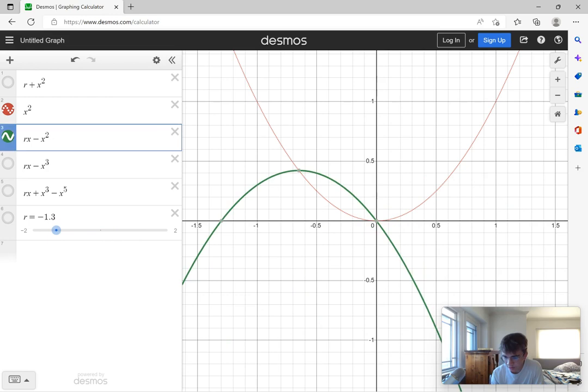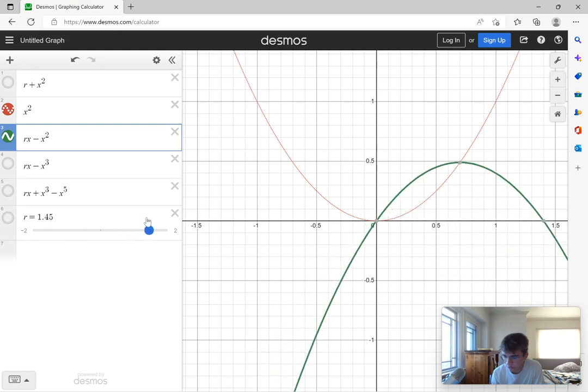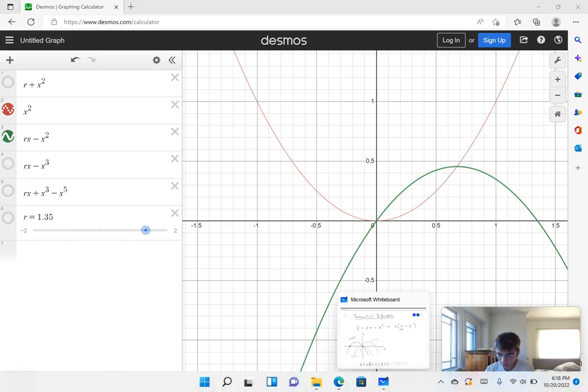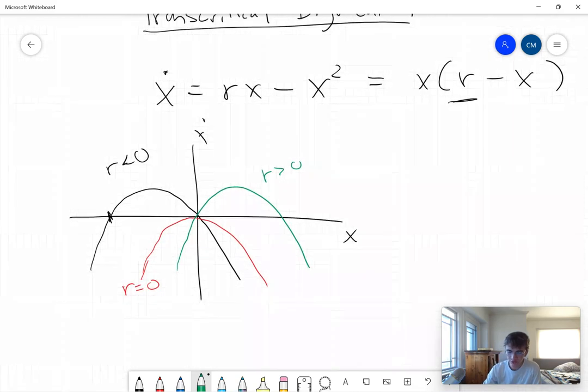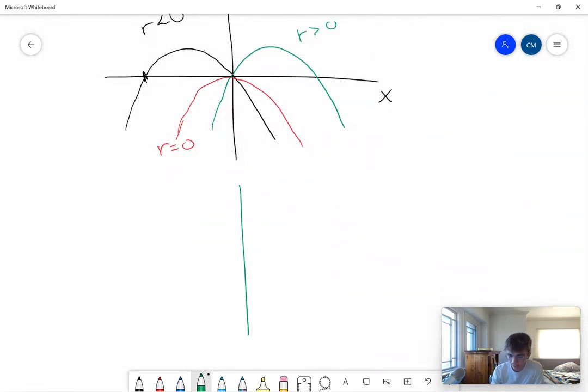And another interesting observation is that the vertex of the parabola is locked in to the line y equals x squared. So we can also think about just taking this parabola and dragging the vertex along y equals x squared. Now let's do the fixed point analysis for these three different cases. So for the case when r is less than 0,